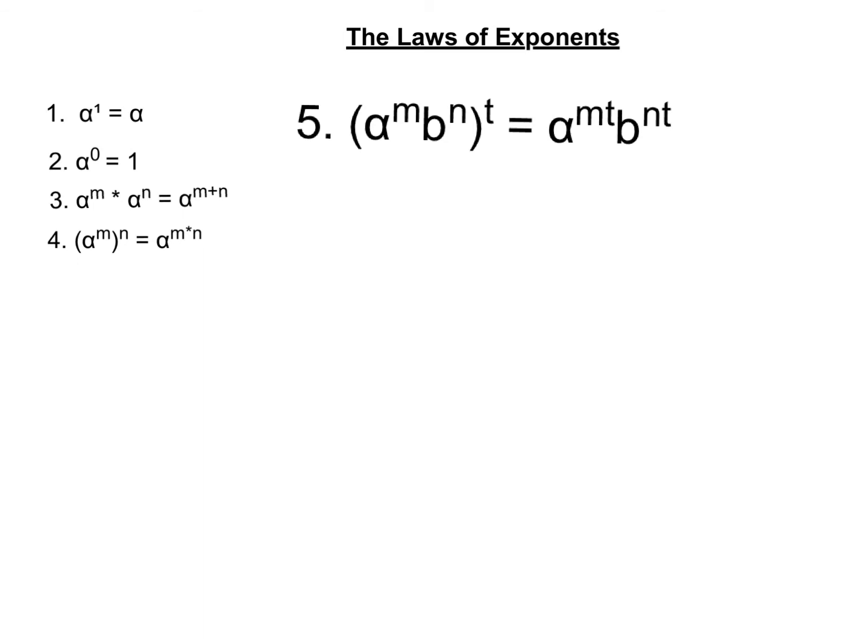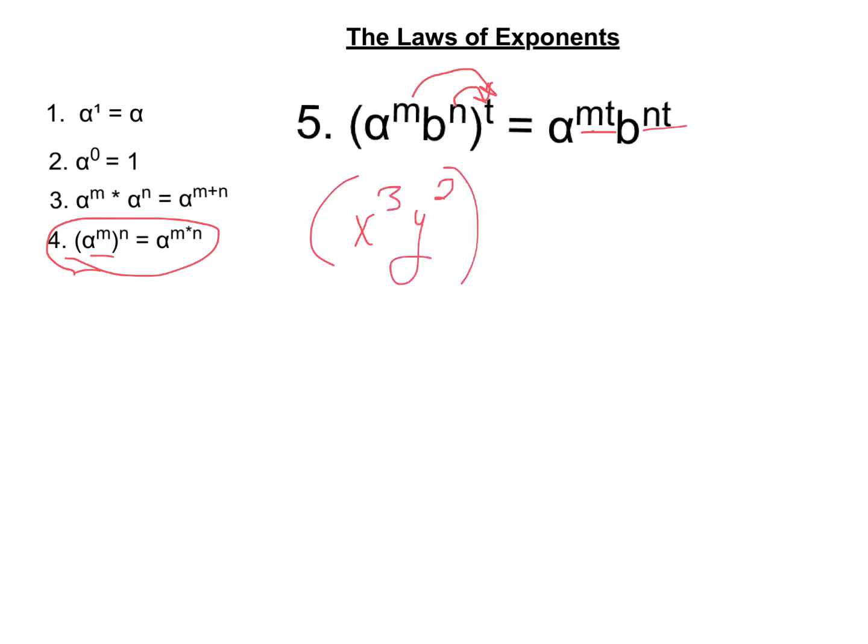Alright, this one starts to get a little trickier. If I take common base a to the mth, which is then multiplied with common base b to the nth, then I'm taking the exponents and raising it to this power. I multiply those exponents together. It's similar to the last law that we saw, only I've introduced a new base inside of the parentheses. So we start. For an example, let's do x cubed y